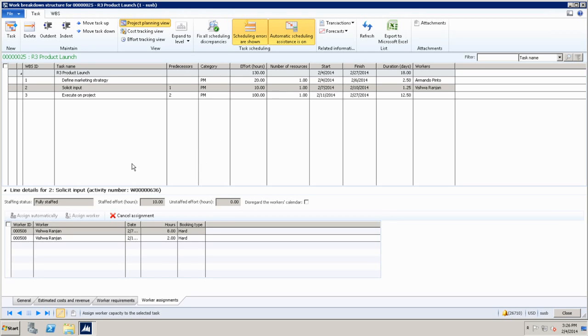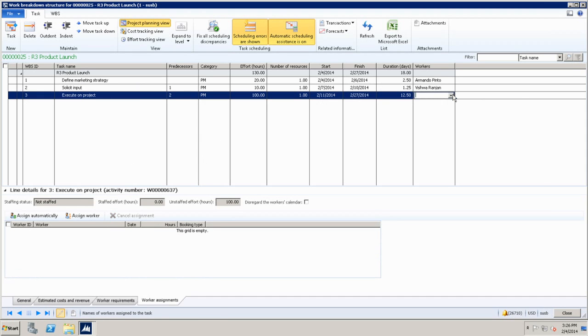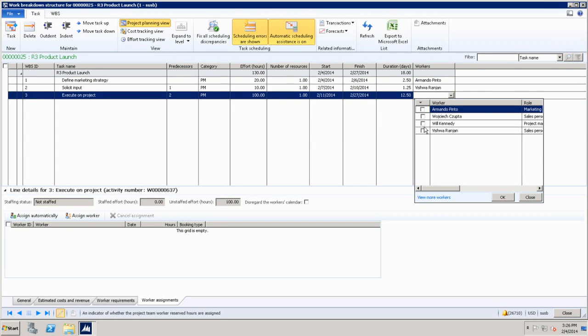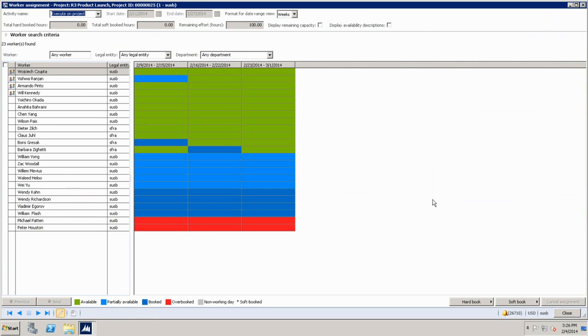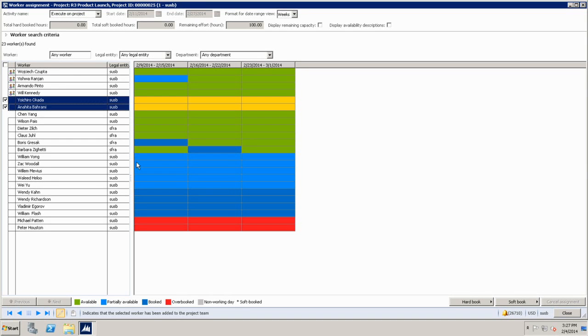Okay. So on the third model, although I can use any of them or a combination of all these resources, the other option that I have is, no, I want other people. I don't want these people. This task should be done by some other people. Again, the same panoramic view will open, but the only difference is that you will see your team members being marked. You're not forced to use them, but it's just an indication that these people are in your team. If I don't want to use them, that's pretty easy. I just say, you know what, I want these two people, and I want them to be fully booked on my project.